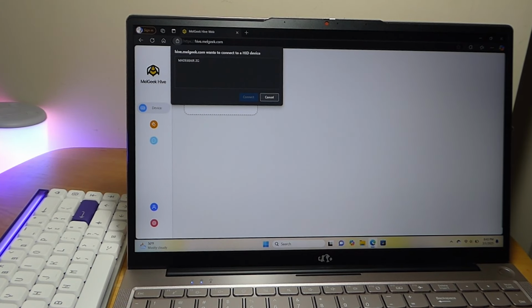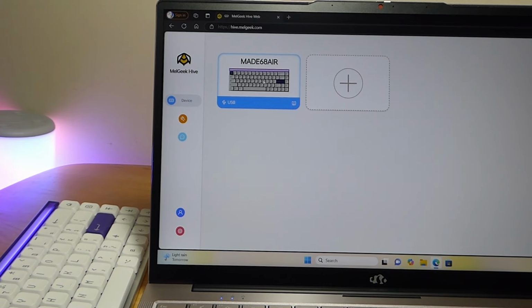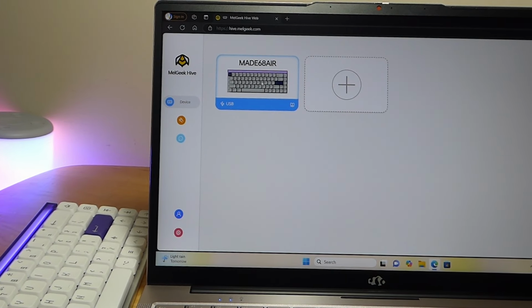Taking a quick look at the Hive software, impressively there's a web version of the app now available as well. If you don't want to download the application locally, you can just visit hive.melgeek.com, and the web browser here will recognize if a keyboard has been connected, such as the Air 68 here. So if we tap on Connect, this web app version doesn't take up any physical space on your computer's